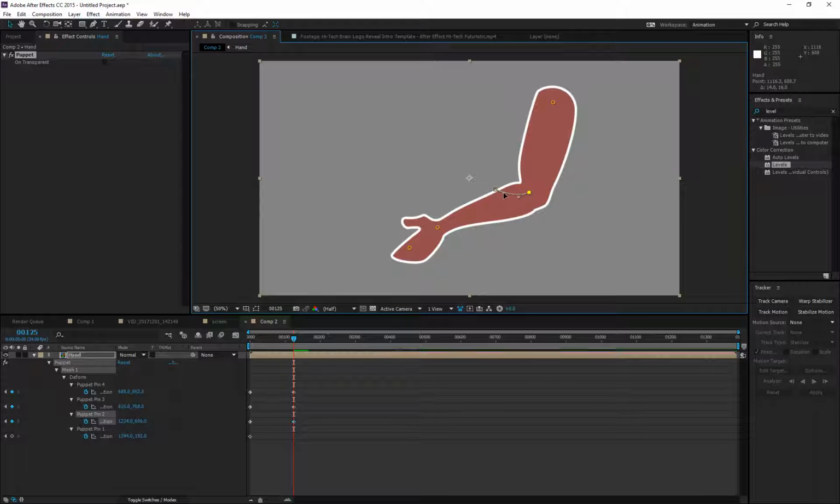But you can change all this thing, this path's distance,